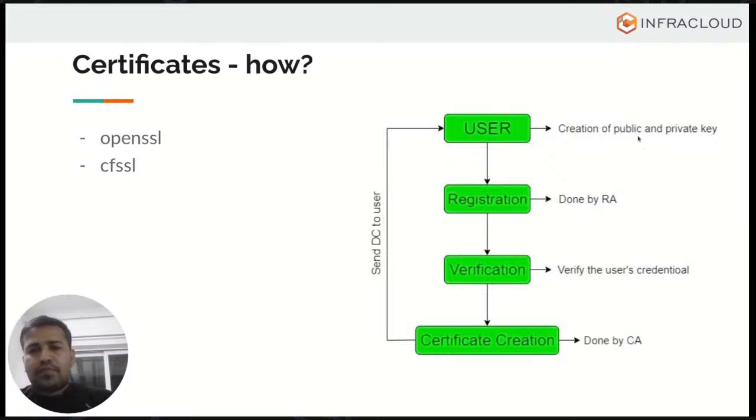Then that public key will be sent to the next part, where the registration authority will create a certificate signing request, CSR, and send it to the CA, and the CA will verify the user's identity and credentials. Here the spelling is wrong, but this is nothing but credentials. So the CA verifies the user's credentials, and then post verification, the CA will release a .cert file to the user. So then the user will have the public key, private key, and .cert file, and there is one more, the .csr. So four files in total.